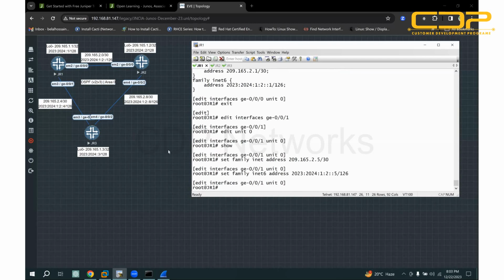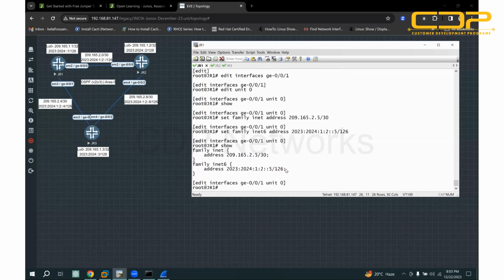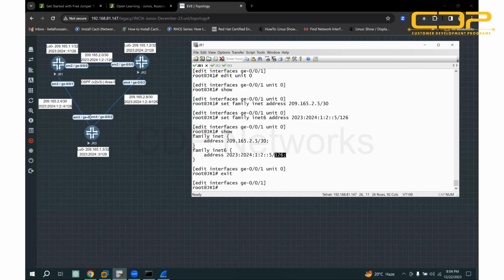For IPv6, I use /126 here. You can also use /127 because you know there is no broadcast IP in IPv6. In that case, you can also use /127. But for IPv4, Juniper also supports /31 for point-to-point links. Okay. So I have configured all the connected interfaces